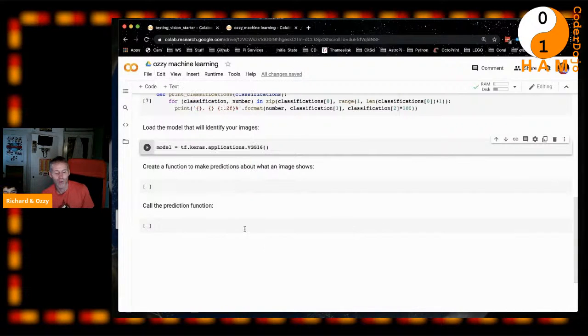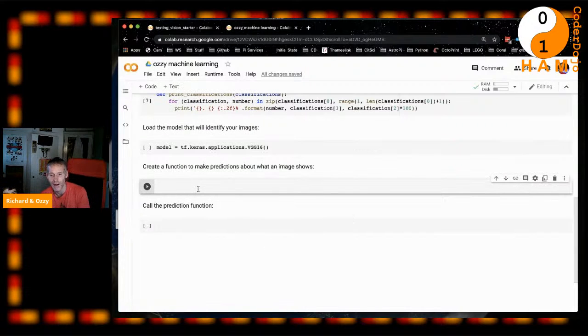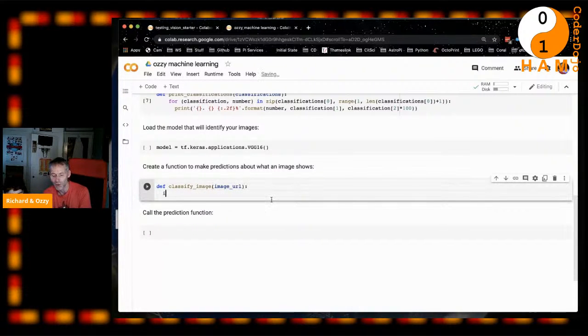Now, the next thing we need to do is create a function that's going to run our classifier. So if you go down to the next empty cell, we're going to create a new function, and again, being really boring, we're going to call it classify image. It's going to classify our image for us using the TensorFlow model. And we're going to pass a parameter into this function called image URL. This function is going to load